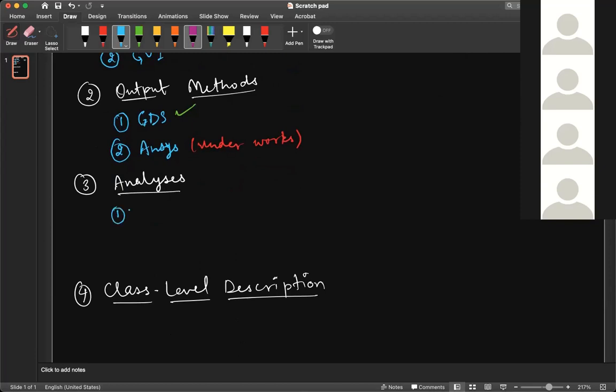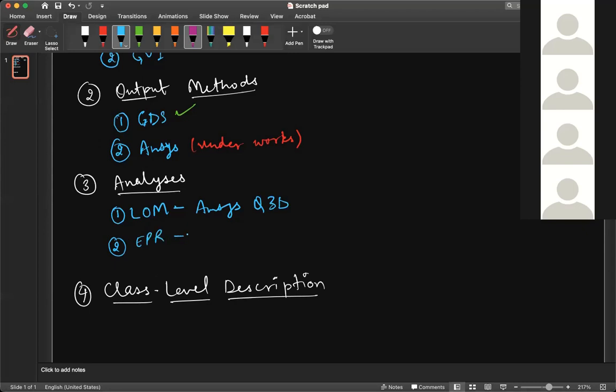The first is the lumped model analysis, which is done using the ANSYS software, ANSYS Q3D, the ANSYS electronic suite that we talked about downloading. The second one is the EPR analysis, or energy participation ratio.